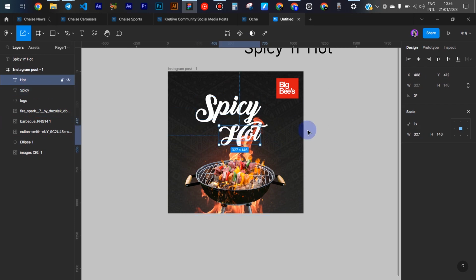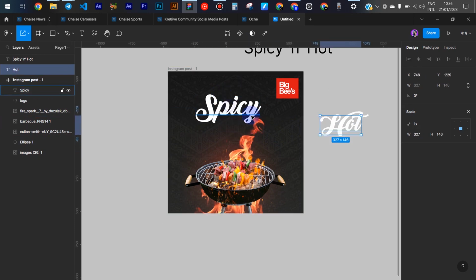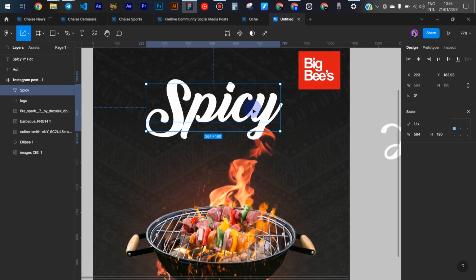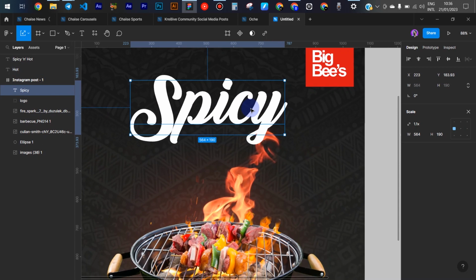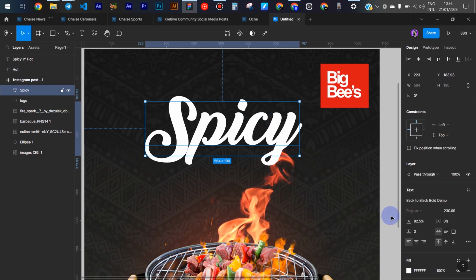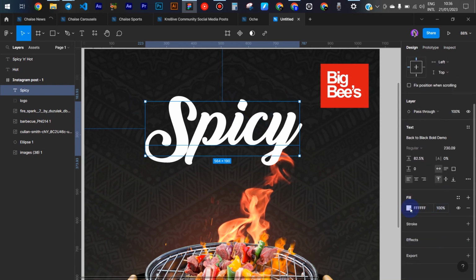So let's style this spicy font. Let me remove the hot font away first. So let's start with the spicy. So increase the size of the spicy. Zoom in. Let me zoom in very well so you can see what I'm doing. So switch to the move tool by pressing V. Then go down, go to your fill,